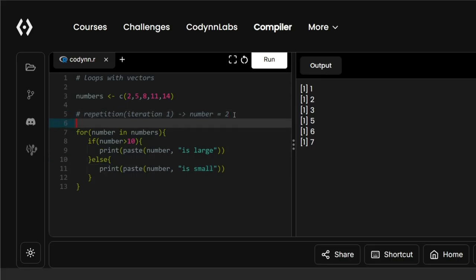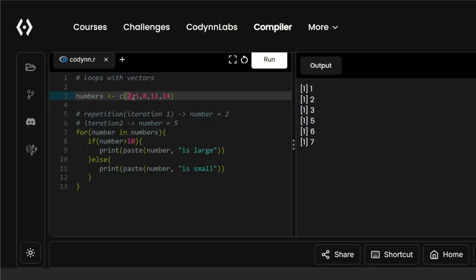And then inside of our second iteration, the value of number will update to the next value. So after 2, we have the value of 5 inside of our vector. So the value of number will store 5. It will compare whether 5 is greater than 10 or not, and if it is greater than 10, it will execute this, and since 5 is not greater than 10, it will execute this line once again, and once again this process will repeat. The number value will store the next value, that is 8, compare, then again the value will update to the next value, so number will store 11, again this loop will execute, and it will come to